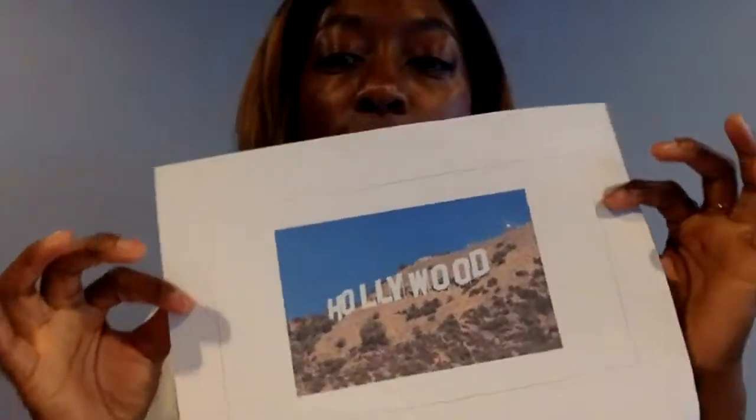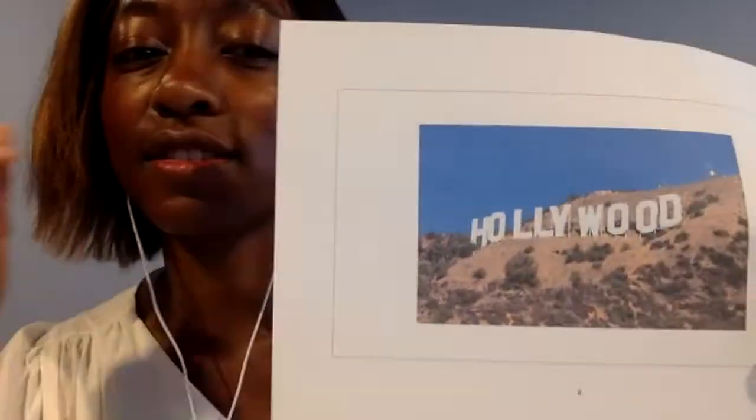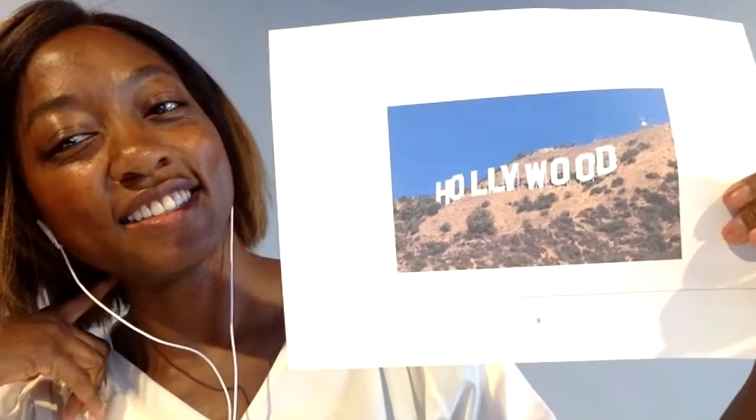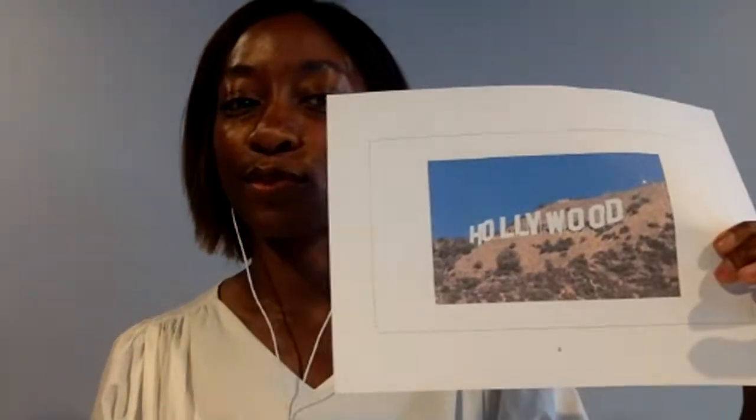So one more exception. And what about this? Very famous, right? Is this a Hollywood sign? Is this a Hollywood sign? No, right? We always say the Hollywood sign because it's a famous place. Good. Everyone got it? The chat is delayed, so I don't know. Everybody saw, right? The Hollywood sign.